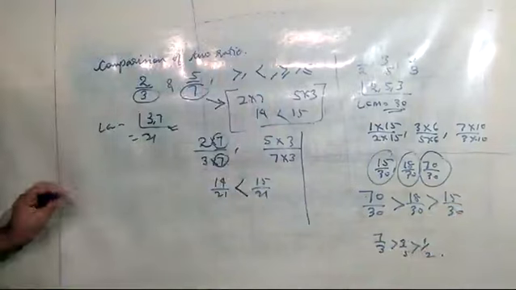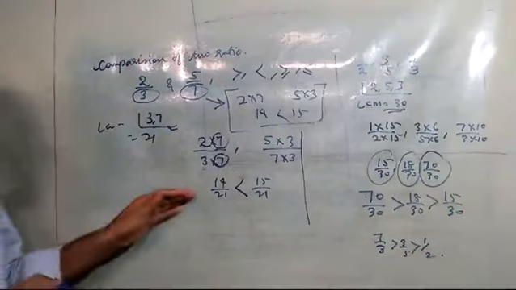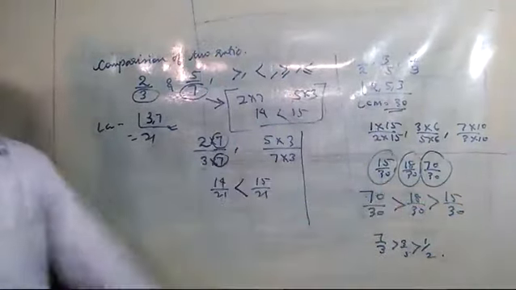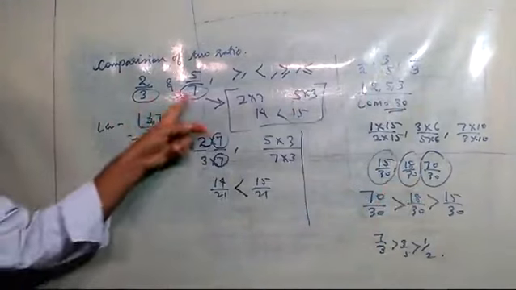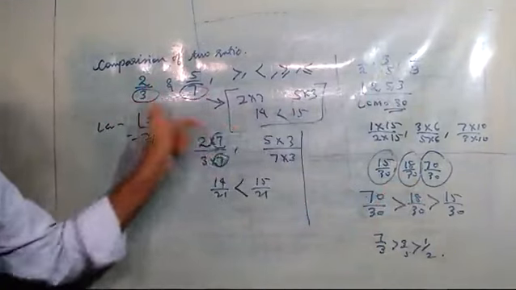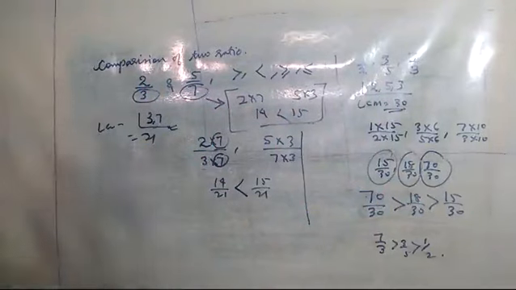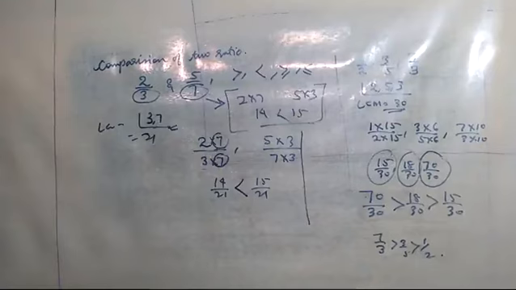In this manner, when we have more than two numbers, we will be using the LCM method. If we have two numbers, then we can directly use cross multiplication like this, and then we can solve. So I hope comparison of two ratios is very easy when we have two numbers, and when we have three numbers, we are going to use LCM. It is very easy, and you may be able to solve it with ease without wasting any time, without any error.